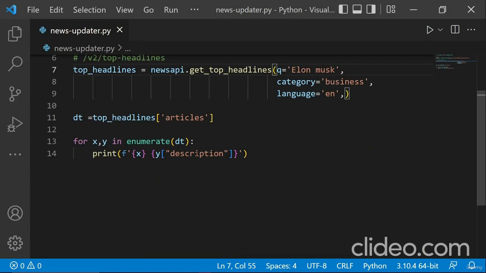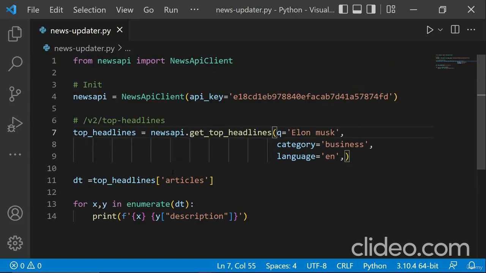So now you can get this data into a particular variable, and you can send it anywhere. So now let's say you want to create an application that will send you news articles related to a particular topic every day on your email address in the morning. So you can create that kind of application using this news API, or you can create a news updater application